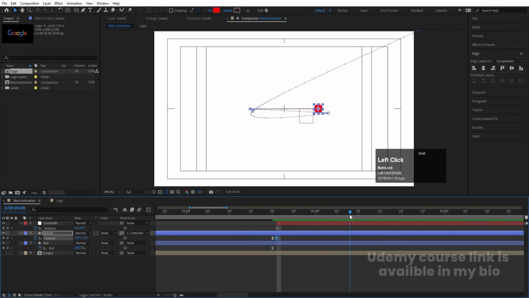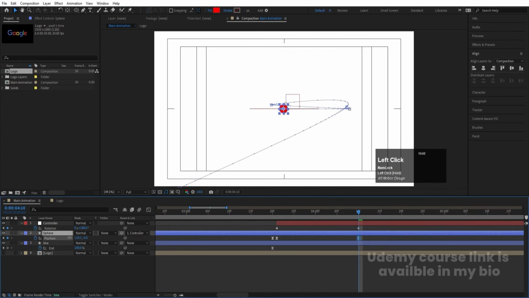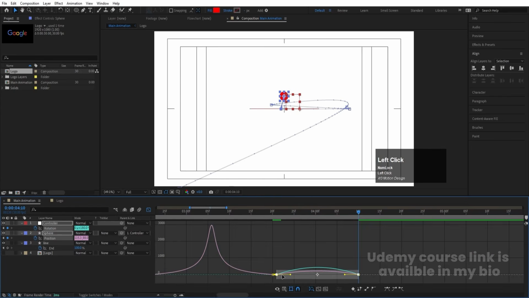Then go somewhere around over here and let's make this 180-degree rotation like that. Similarly, select this pair and let's move this position somewhere around over here like that. Also this position somewhere around over here. Now let's select those keyframes and we are going to hit F9, then go to the graph editor and select this graph, and by holding shift move this handle over here